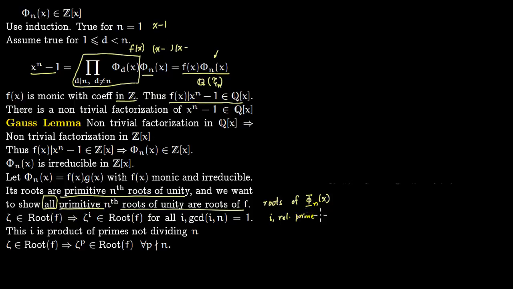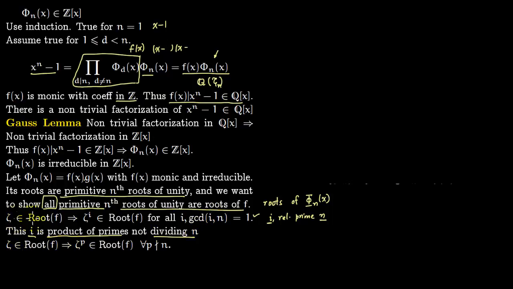And that is precisely the condition for a primitive root, as we saw in the previous lecture, that this i and this n have to be relatively prime for the root to be primitive. So this has to be 1. Now for the greatest common divisor of i and n to be 1, we know that i has to be a product of primes which do not divide n. i is after all an integer, so it is a product of primes, and those primes should not divide n.